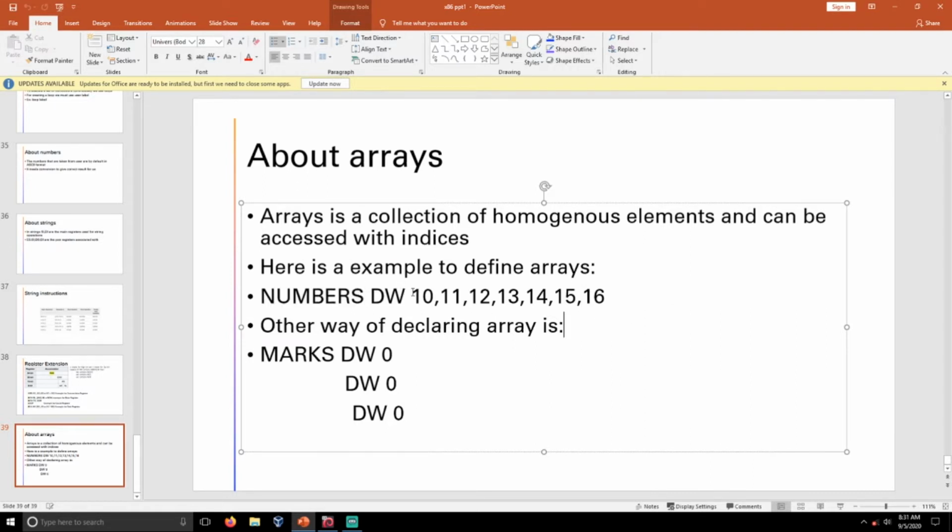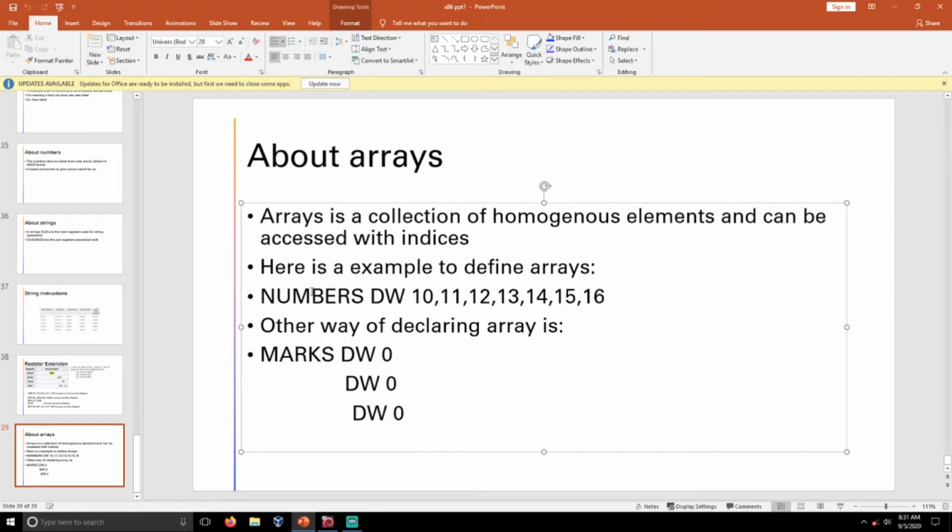See here the addresses will be as follows. Let us consider the address of the number 10 as X. After the element 11, the memory location will be X plus 2, and from 11 to 12, the memory address will again be X plus 2. From 10 it will be X plus 4, and from 12 to 13 the memory address will be X plus 2, and from 11 it will be X plus 4, and from 10 it will be X plus 8. Like that the memory addressing takes place in arrays.